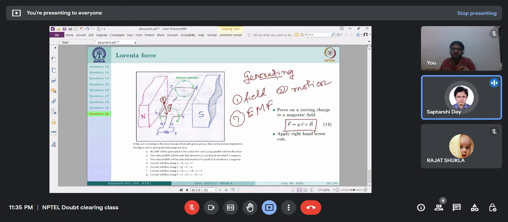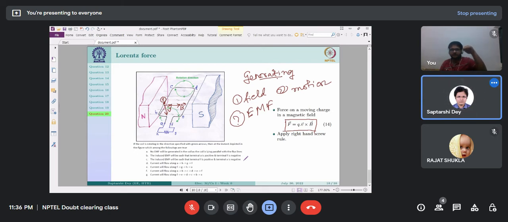Now, see, this direction of motion is not the current. This particle was residing in the conductor. The conductor is moving downwards, so the charged particle is moving with the conductor downwards. Right? It is moving downward because the conductor is moving downward. Okay, and B is in this direction. Right? So now if I apply this right hand screw rule,